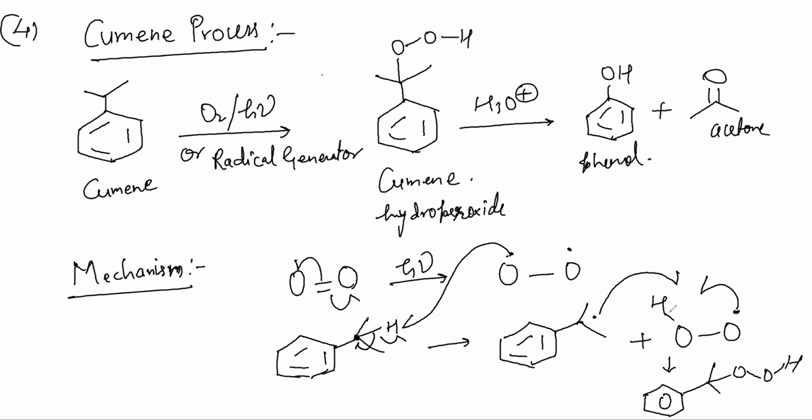The mechanism is clear, how it is made. See, a free radical is generated. Now what will this free radical do? It will generate a free radical at the place where the free radical is most stable. And we know that this 2-degree carbon free radical will be most stable because it will be resonance stabilized, plus on two sides you will get maximum alpha hydrogen.